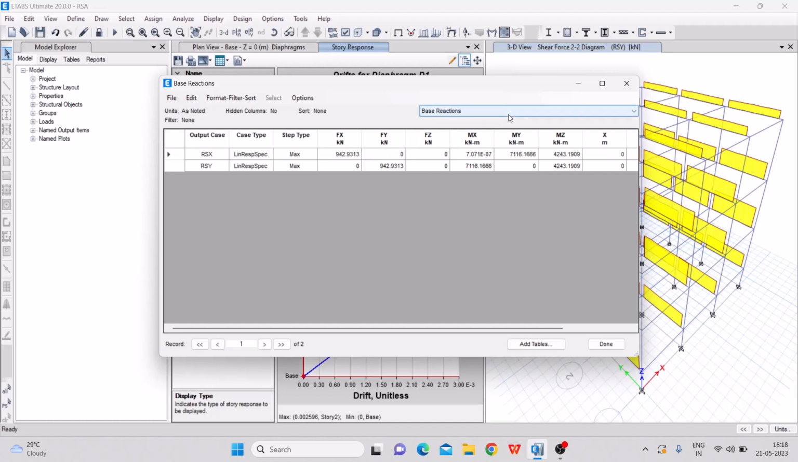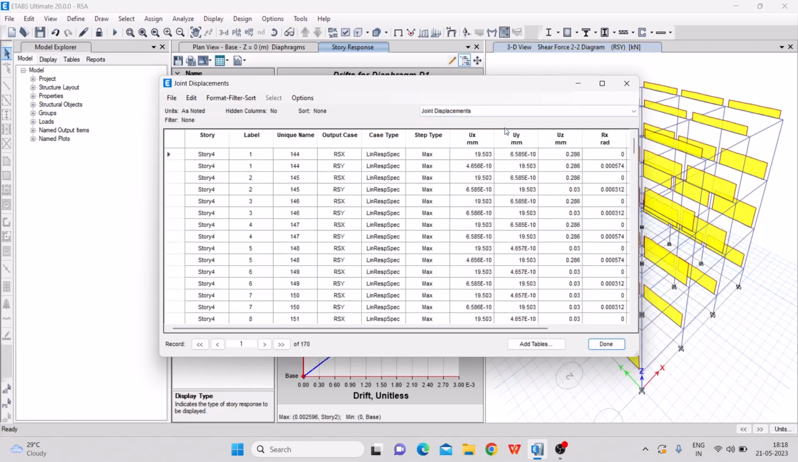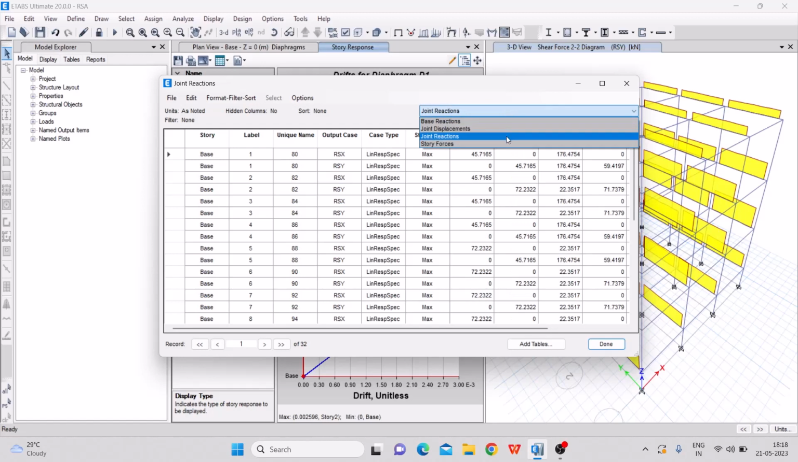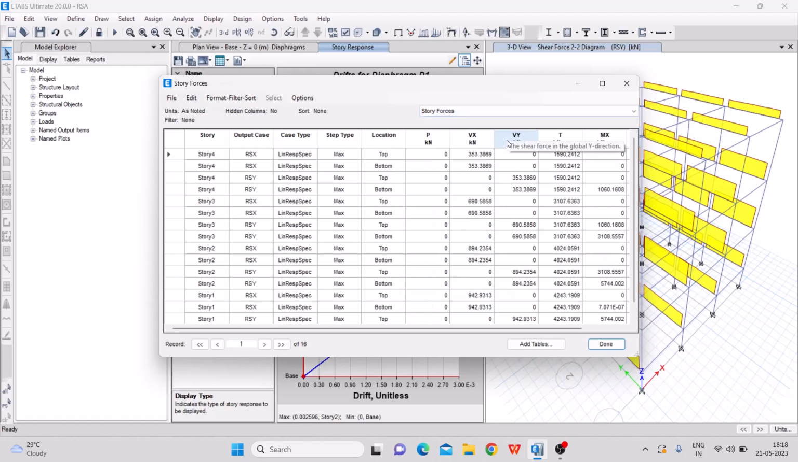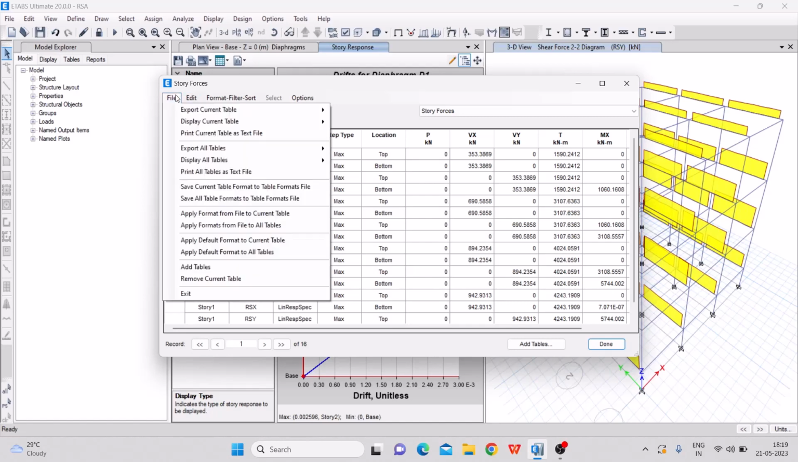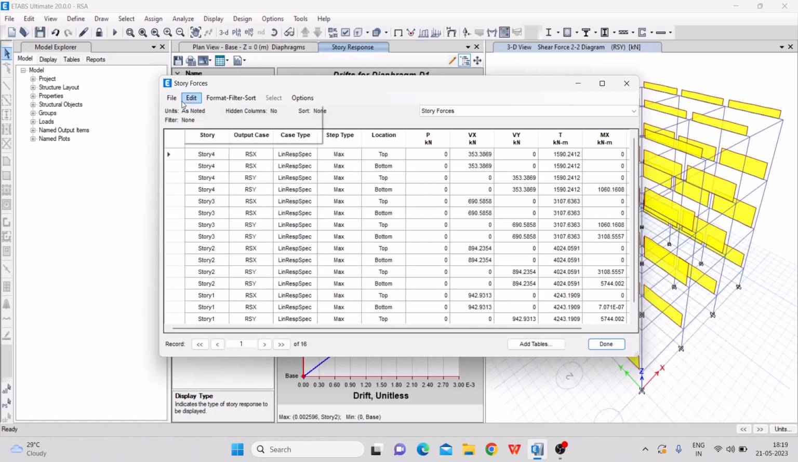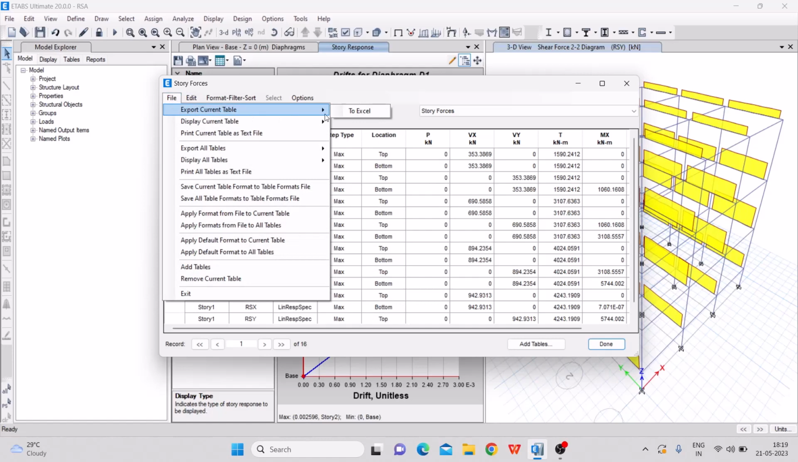These are the output related to base reaction. This is output related to joint displacement under response spectrum condition. And these are the story forces. Now, in order to export this data in Excel sheet, we can directly go to File, export the current table to Excel sheet,